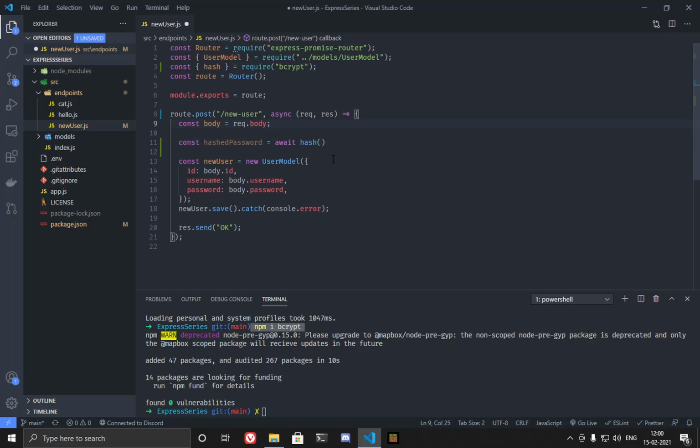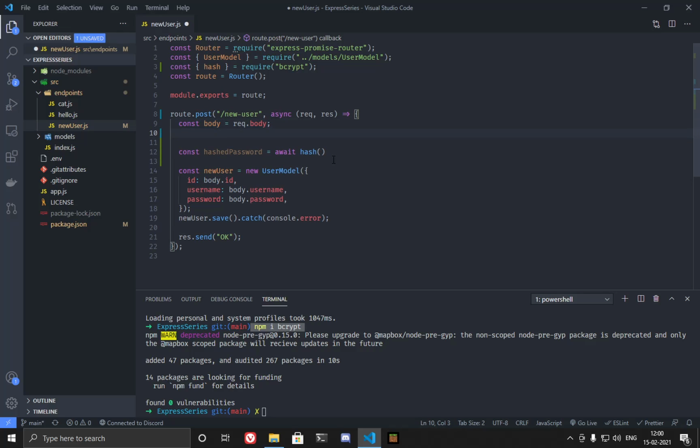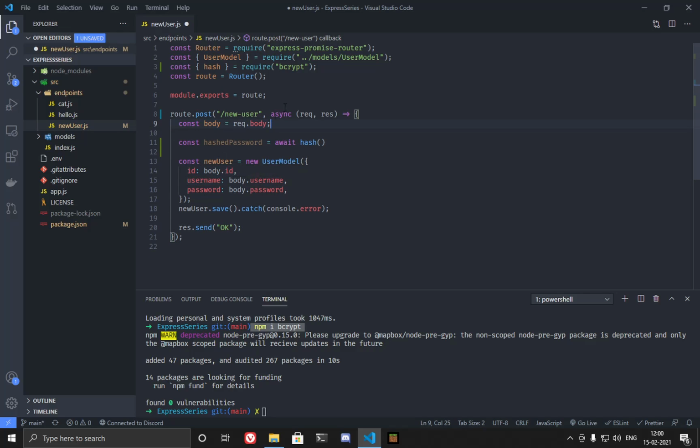But here we don't check if the user inputted all the things such as the username and password, because these are generally checked on the front end, and generally you will have a validator which will make sure that the user has put in all the things before just going ahead and sending the request to the server. But for the ID, I will not take the ID from the front end, because I don't want the ID to be generated on the front end, the client side. So I'm gonna generate it on the back end, and for that I will quickly make a function,